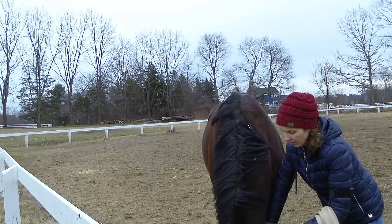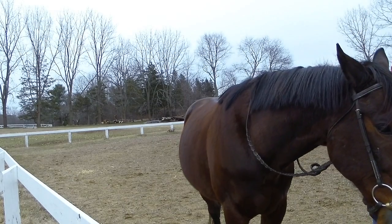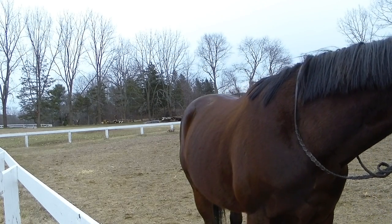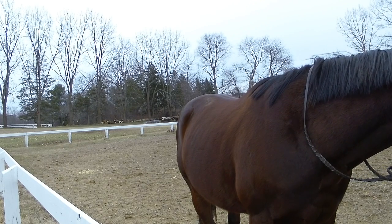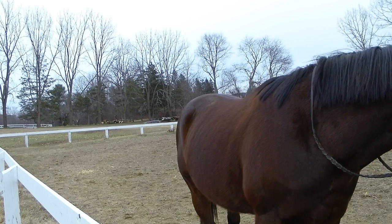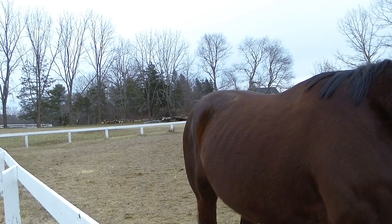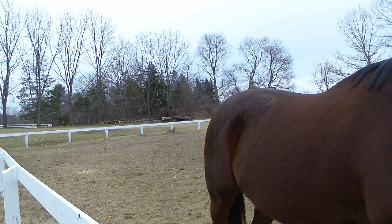So here I'm going to show you a little bit of the lunging work. And again, for him, I'm just running the lunge line through the loose ring, up over his poll, and connecting it to the outside. The side reins definitely worked to encourage him down, but again, even on their longest setting,